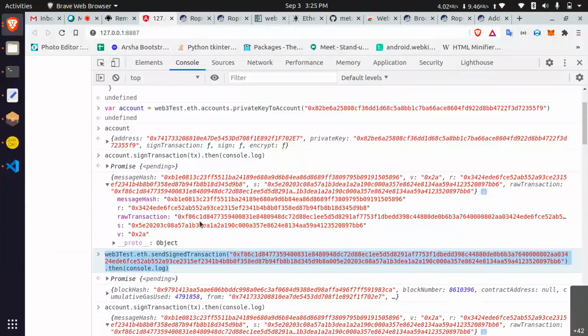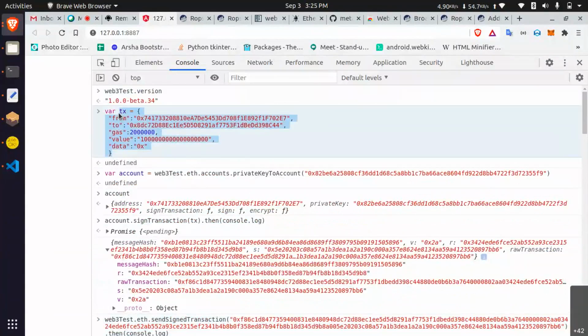Once it is broadcast, the blockchain will identify the transaction. This is what is happening in the signing part, signing and sending. That's why the blockchain is used. The signing, I can show with internet off. If I turn the internet off, you can see. That's why I did not turn off the internet. Okay.